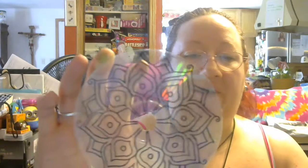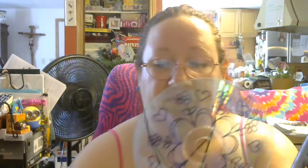Okay, so check it out. A lot of people are making the suncatcher things with the CDs, which I have some that I took the tape. I used that tape method where you make the tiny slit in the top and then you put the packing tape or the duct tape and you peel off the silver. And then I just drew things. This one's traced, but I drew my own junk